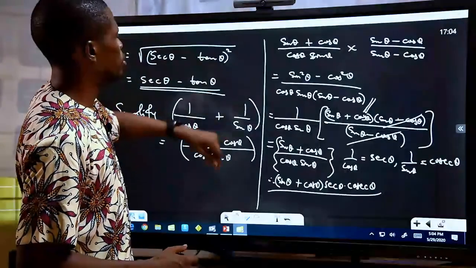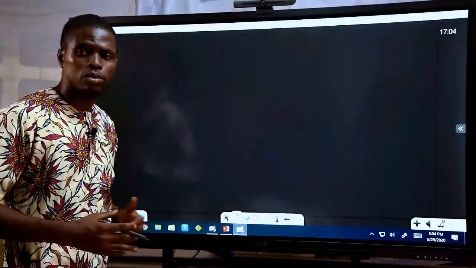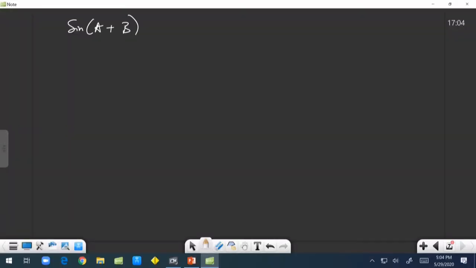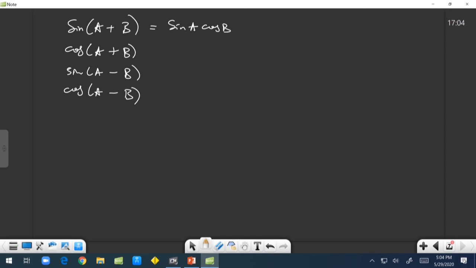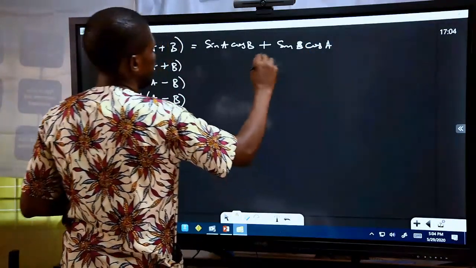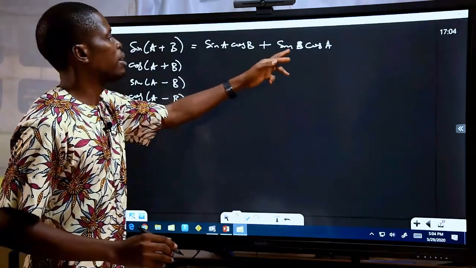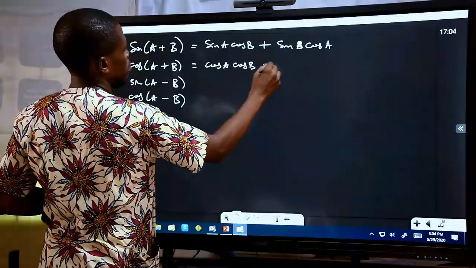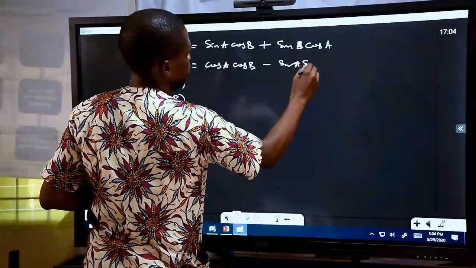Okay, when we look at the term double angles, it will lead us to some similar trig functions. When we have something like sin A plus B, cos A plus B, and we have sin A minus B, and cos A minus B. Now, sin A plus B is equal to sin A cos B plus sin B cos A. And this one, cos A plus B, is cos A cos B minus sin A sin B. And the